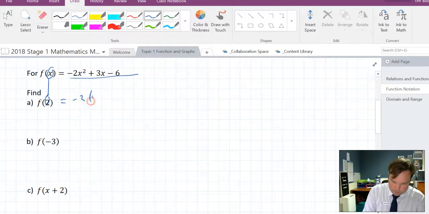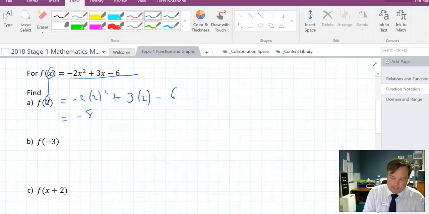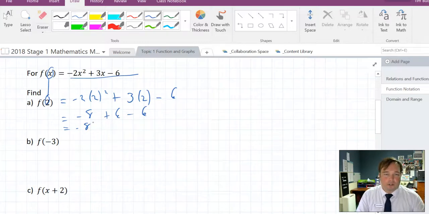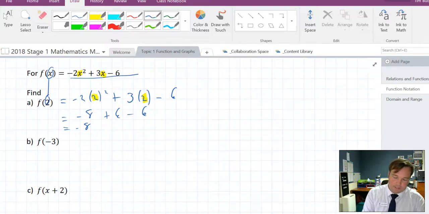So minus 2 lots of 2 squared plus 3 lots of 2 minus 6. Minus 2 lots of 4 is minus 8. 3 lots of 2 is plus 6 minus 6, just leaves us with minus 8. Alright, now note how I'm putting the 2's in brackets as we substitute in. So where it was an x, I'm putting in the substitution in brackets. And the reason I do that is so that if we substitute in negatives or multiple terms, it still comes